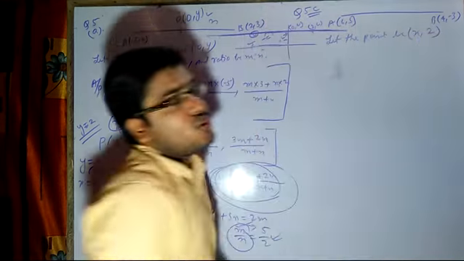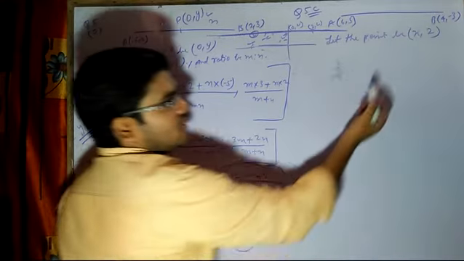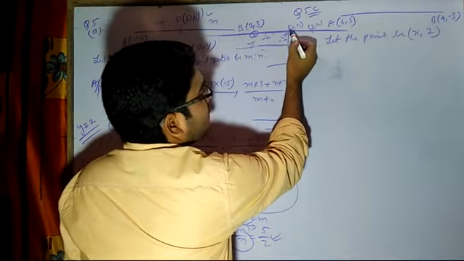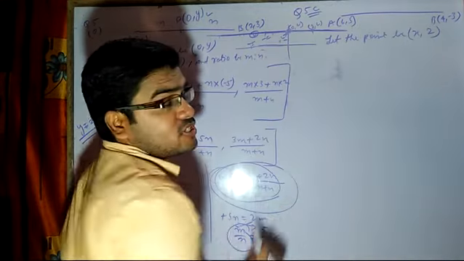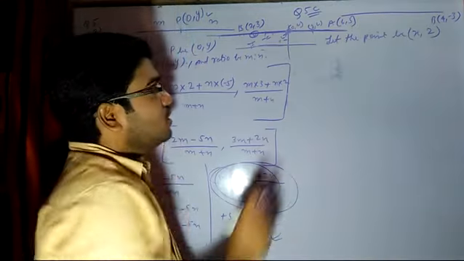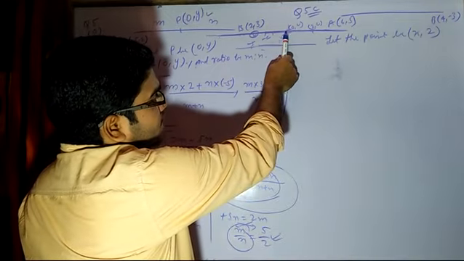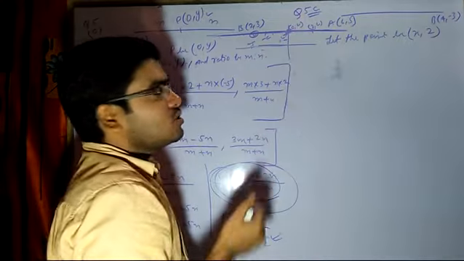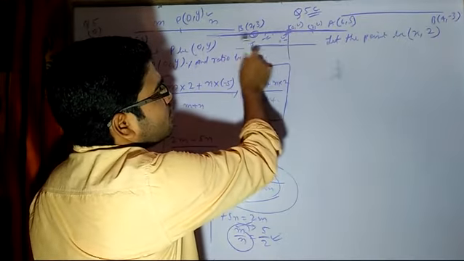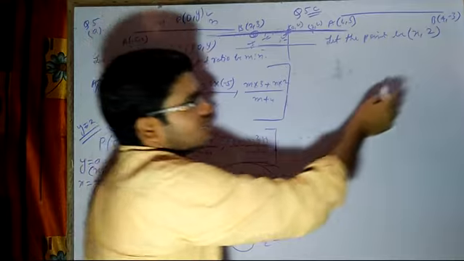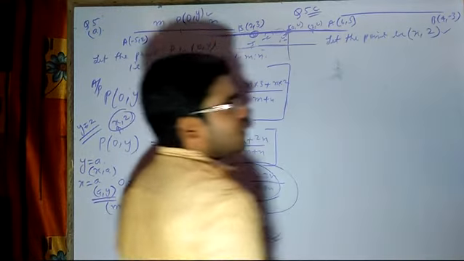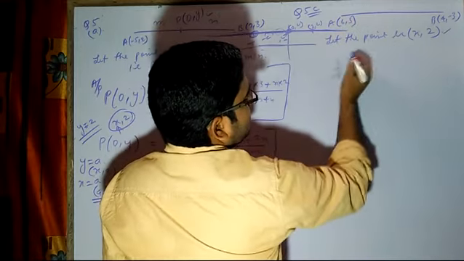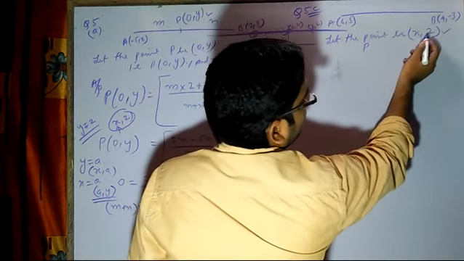Here you cannot take 0, 2, because if you write 0, 2, that means you are fixing the point as lying on the y-axis, which is not true according to the question. The question says that the x value is infinity. It can be any value. We don't know the answers. What is the value of x? It will be anything. That is why we always take x as it is when y is equal to 2 given. Now, since the point is this, we can write let the point be x, 2 there.